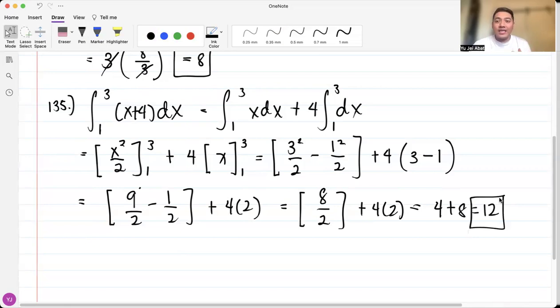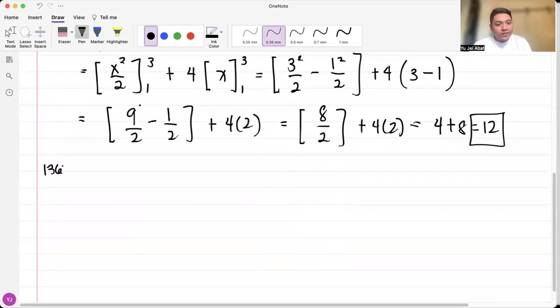So again, this is the basic definite integral, and we wish to recall these problems because sometimes we forget how to integrate definite integrals. But this is the very basic. And the same rule applies from the indefinite integrals to the definite integrals. The only difference is that we don't have any plus C because our answer here is definite. It's a number. Okay? So number 136,